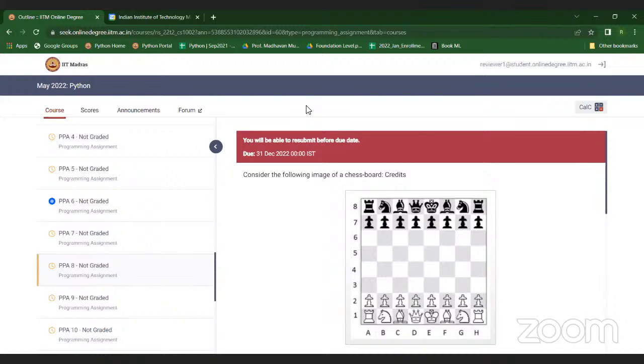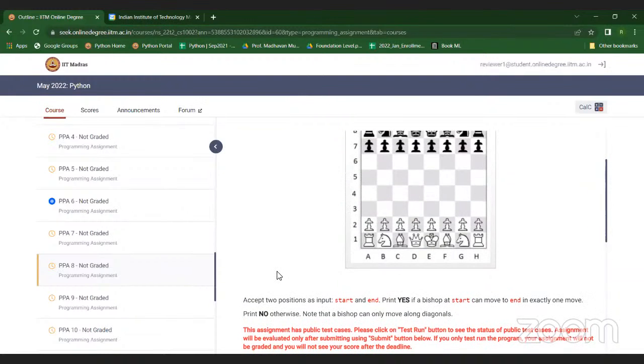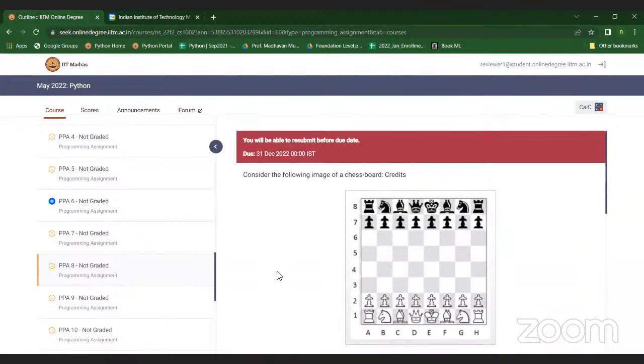If the board consisted only of the bishop, then this problem wouldn't have been an issue. Then I feel the question should be clear, Ram. I totally agree. Even how the bishop moves should have been explained. True. But since this is a PPA problem, we didn't get too much into explaining this problem because that will make the explanation too lengthy. Okay, fine.